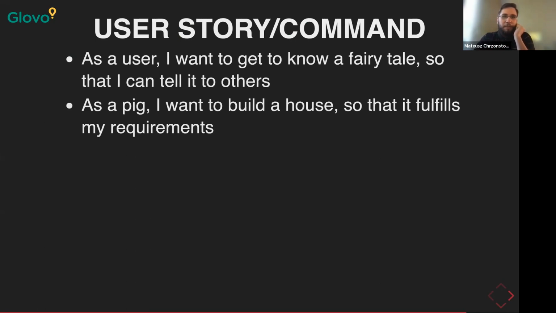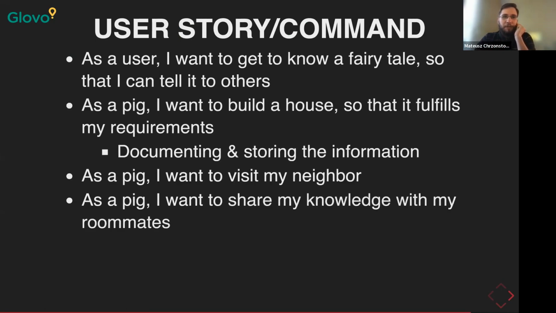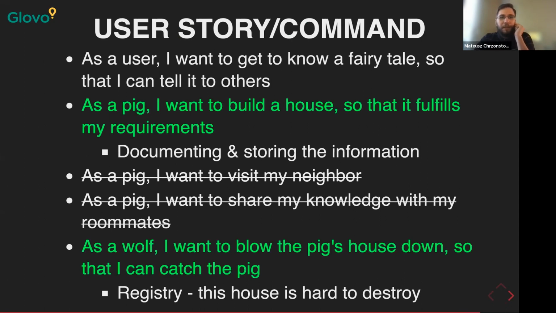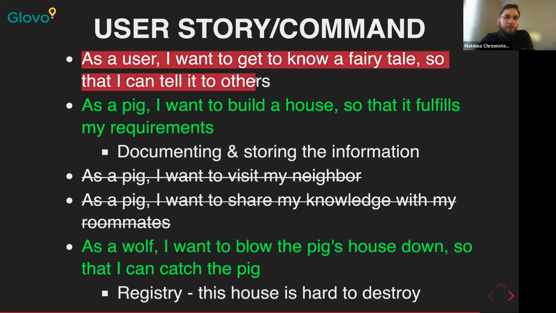So here are the example user stories for the three little pigs. The most important ones are the green ones. As a pig, I want to build a house so that it fulfills my requirements. And as a wolf, I want to blow the pig's house down so that I can catch the pig. So we can use, thanks to that, our system as some kind of registry or documentation storage, or whatever. In general, the truth is that just this first bullet point is the user story we want, but